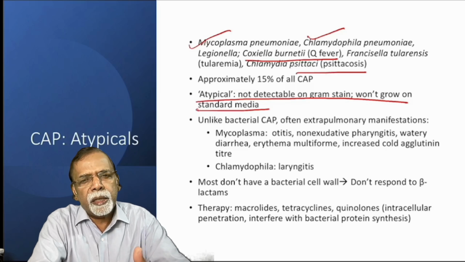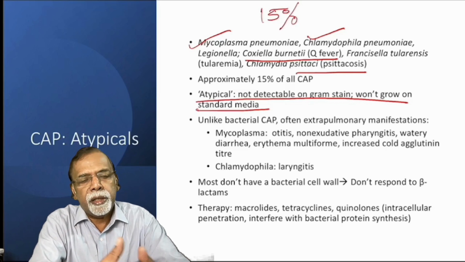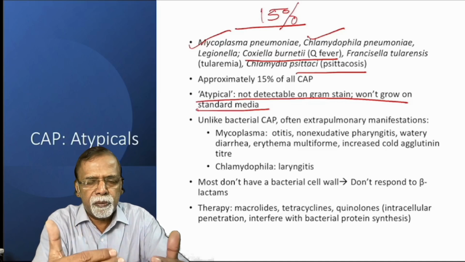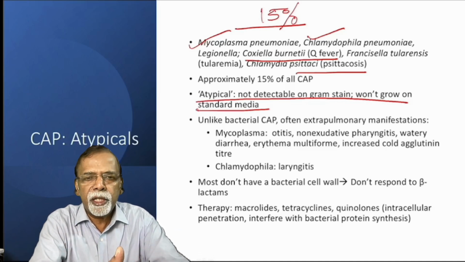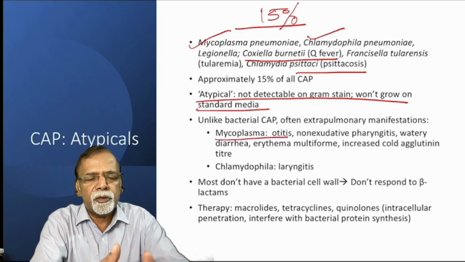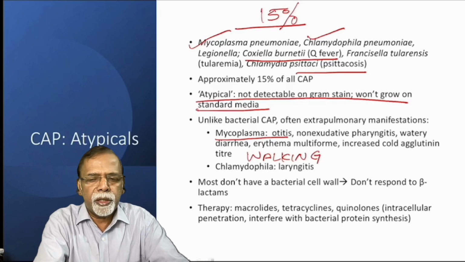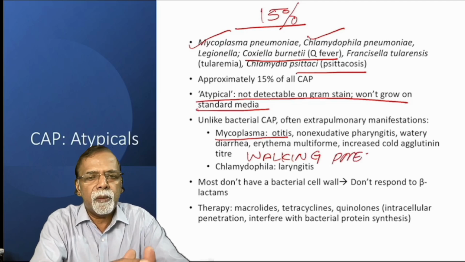In atypical pneumonia, the typical symptoms may be absent, but the X-ray findings will be dramatic, and these pneumonias are sometimes called walking pneumonia. That means the patient, in spite of the significant radiological findings and features of pneumonia in the X-ray, will be relatively asymptomatic, and that is why it is called walking pneumonia. And the treatment is different. The macrolides are the treatment of choice. Macrolides, tetracyclines.